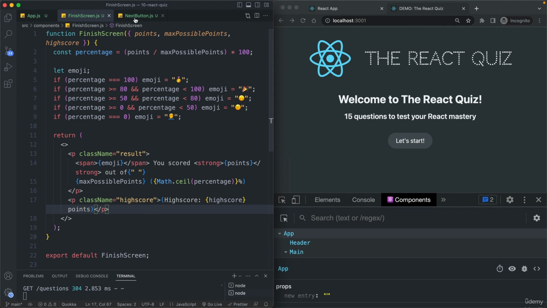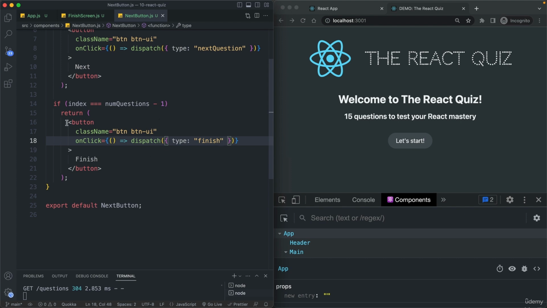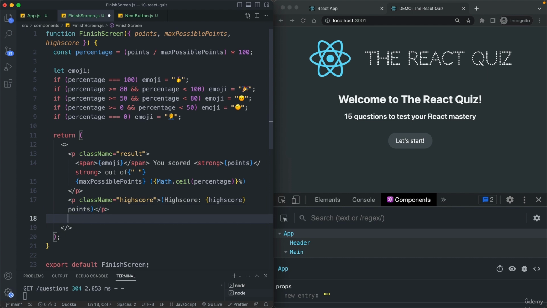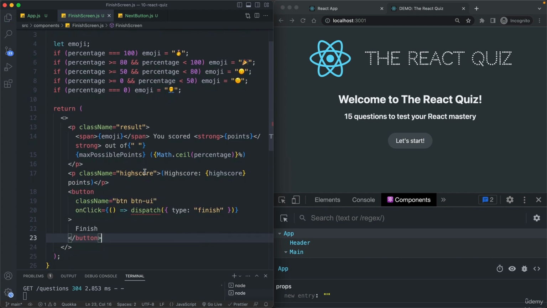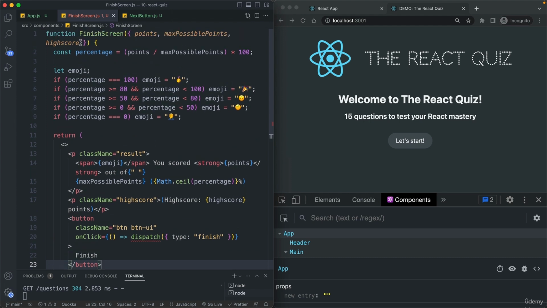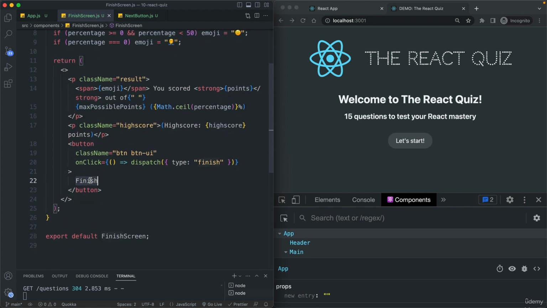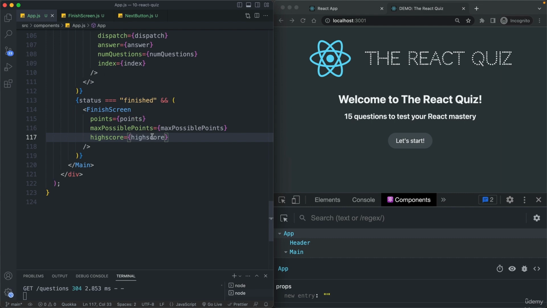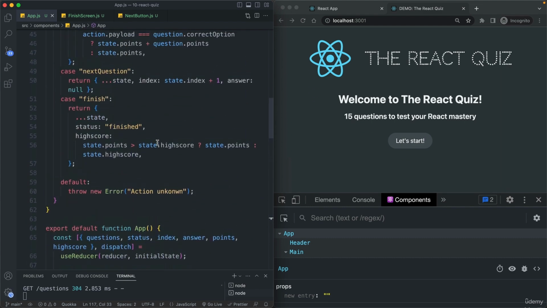So I hope that was fun. So I will just now copy and paste this button here. So place it right underneath this one right here. And then of course we need access to the dispatch function. Here the text will be restart quiz. And then here let's dispatch an action with the type of restart. So very creative. All right. And going back to our reducer,